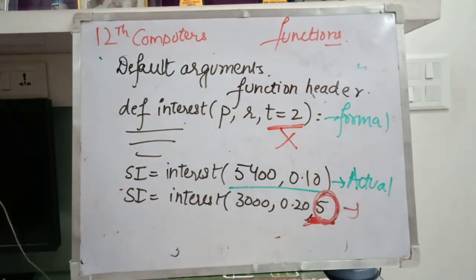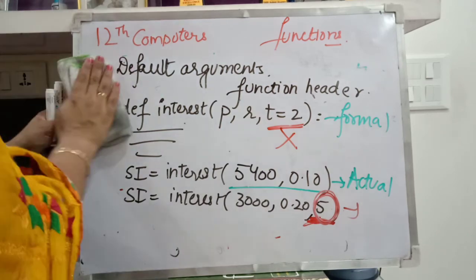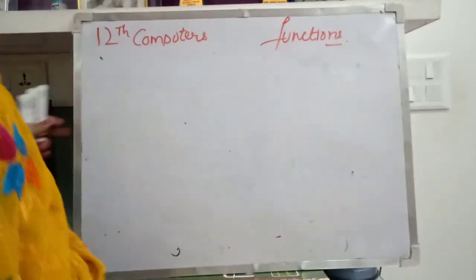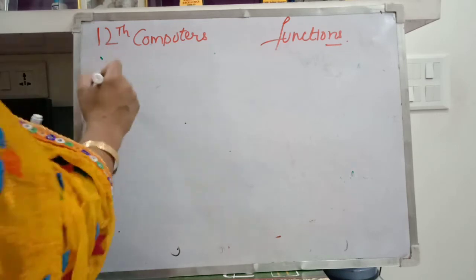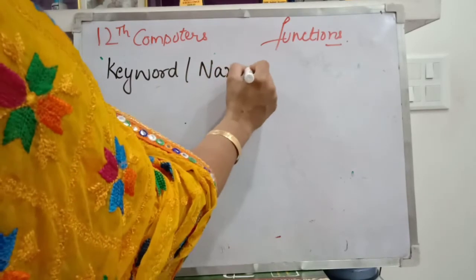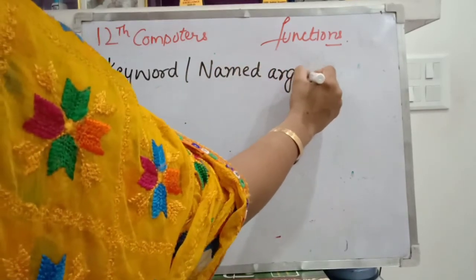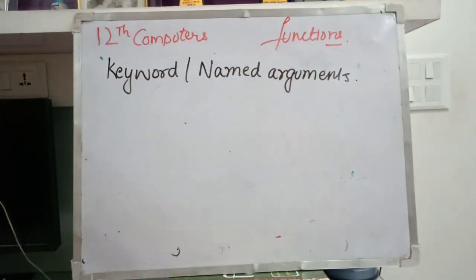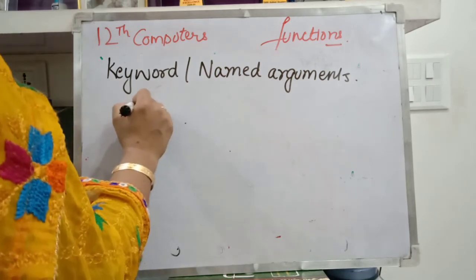Always remember this thing. Now coming back to the third type of argument, that is known as a keyword argument, or named arguments. As the name itself says, we can write the argument name in the calling and in the called function. So let's suppose I have defined